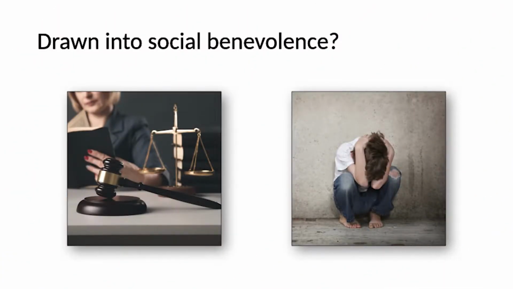Another statement by the judiciary refers to the concern that over time, the courts, through best intentions to help children, have started to deal with lower level cases. The Children Act 1989 was set to deal only with high-level abuse cases, but the courts are increasingly drawn into lower-level cases. There is a concern that the courts are drawn into what has been termed social benevolence, that they want to help children in situations of adversity. Of course, that is commendable, but the law was never created to interfere in the human rights of families and